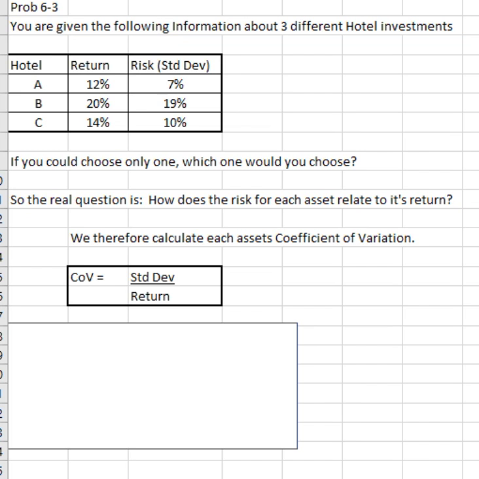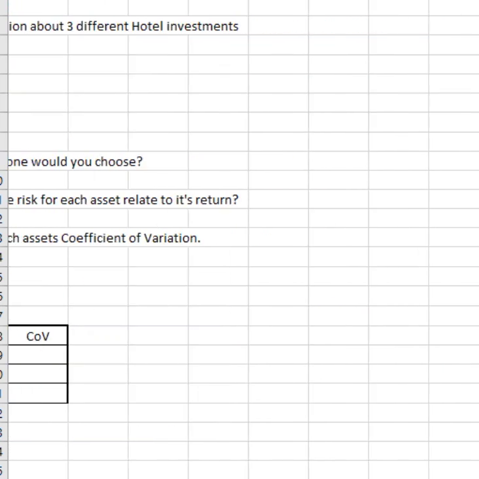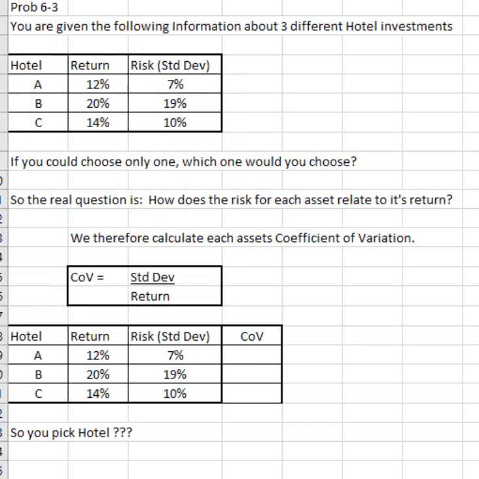We therefore calculate each asset's coefficient of variation, where the coefficient of variation is equal to the standard deviation divided by the return for each of the investments we're considering. Looking at the following, the coefficient, which we said was going to be the standard deviation divided by the return, so let's put that in, is equal to the standard deviation divided by the return, and we get